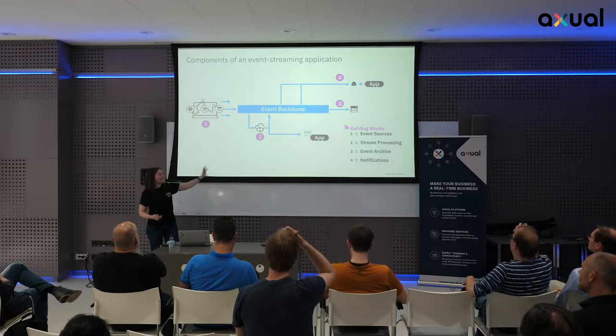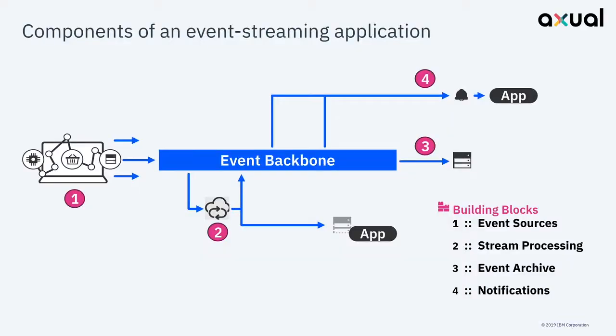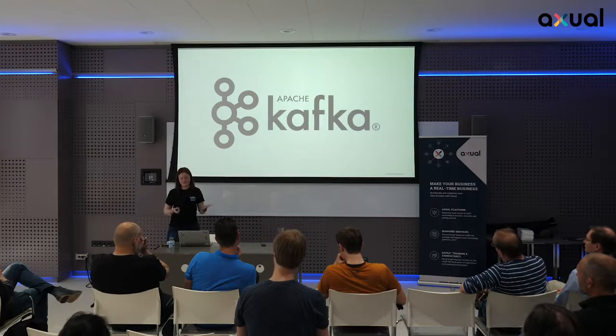And we're seeing a lot of customers moving to this sort of model where they're saying, actually, I want to have an event backbone at the core of everything that I do. Maybe I've got some sources coming in, doing some stream processing on those events as they're coming through. I might have an archive that I'm going to go back and replay events, and I might have some notifications. But really, the core piece here is shifting away from having all these separate databases and actually having an event backbone. And that's, of course, where Apache Kafka comes in. This is the core event backbone that we're seeing at IBM lots of our customers are picking up.